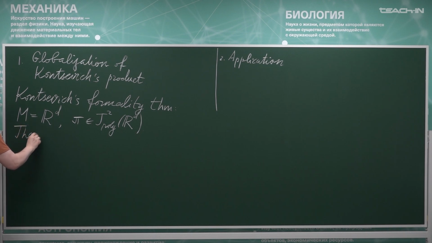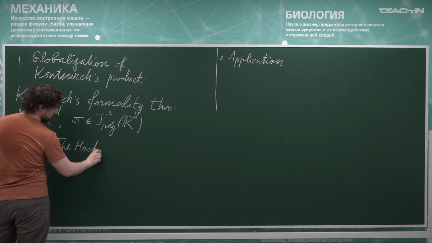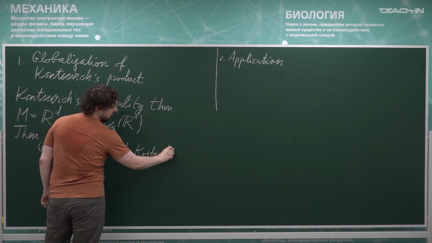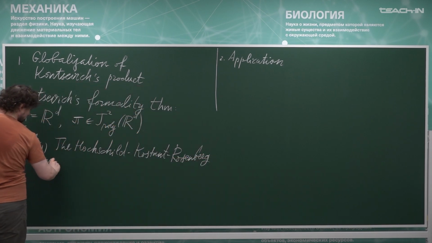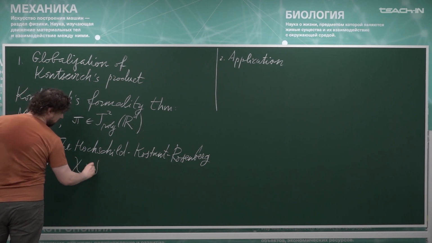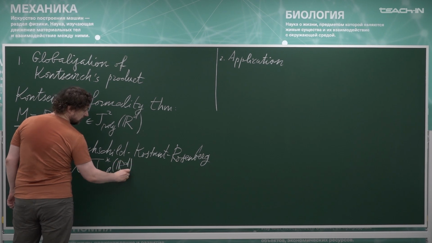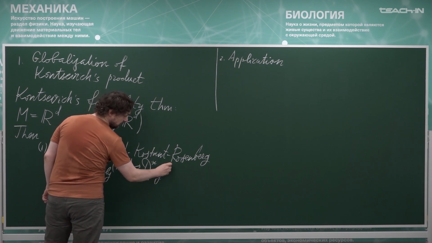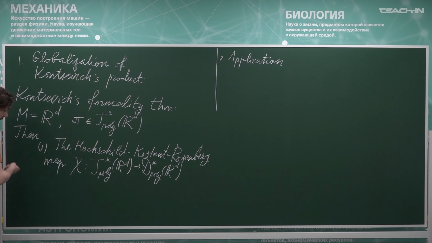Then, first, the Kontsevich theorem claims that the Hochschild-Kostant-Rosenberg map pi from polyvector fields on Rd to polydifferential operators on the same space can be extended to an L-infinity quasi-isomorphism